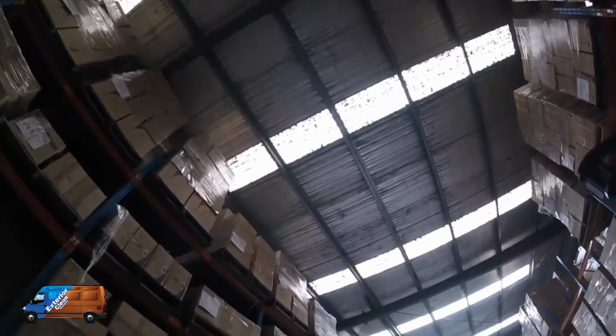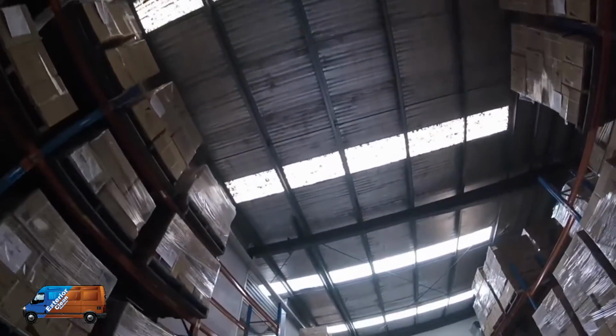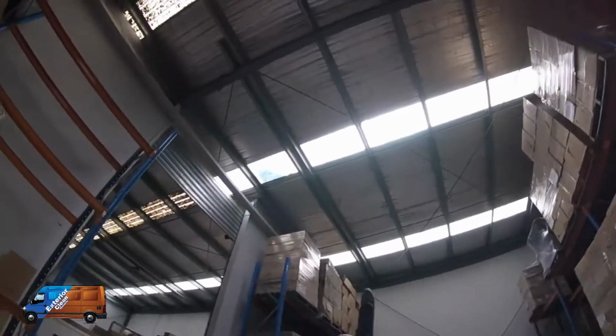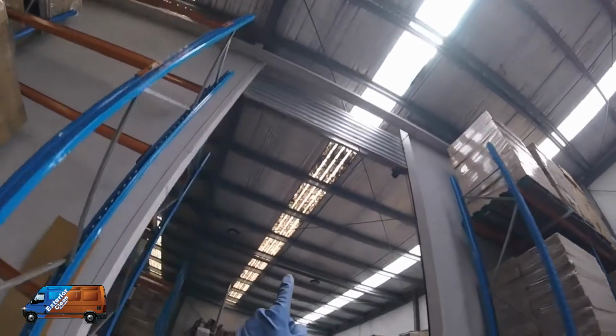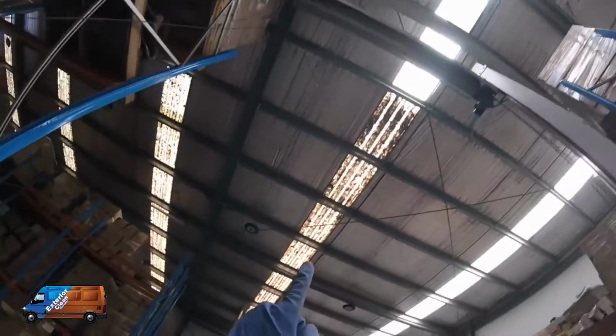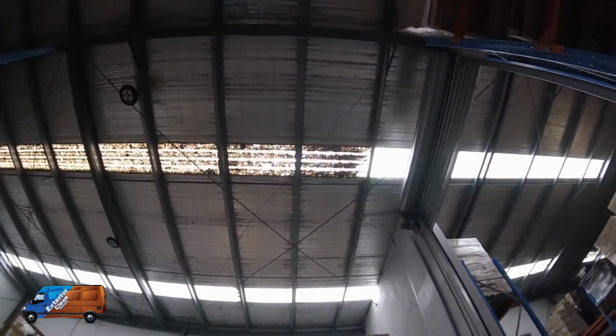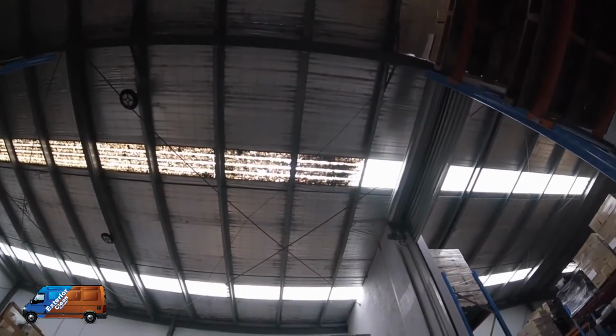Look at it here. Look at the amount of light coming through here compared to what this is. It's astounding. So these guys, as you can see, operate a warehouse where they need to see where they're working,